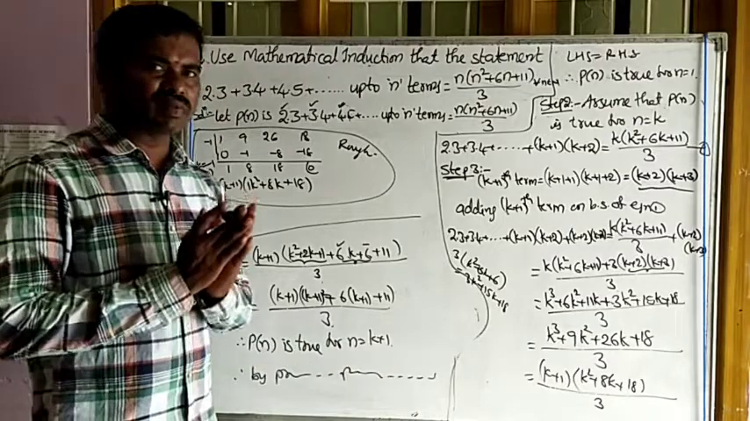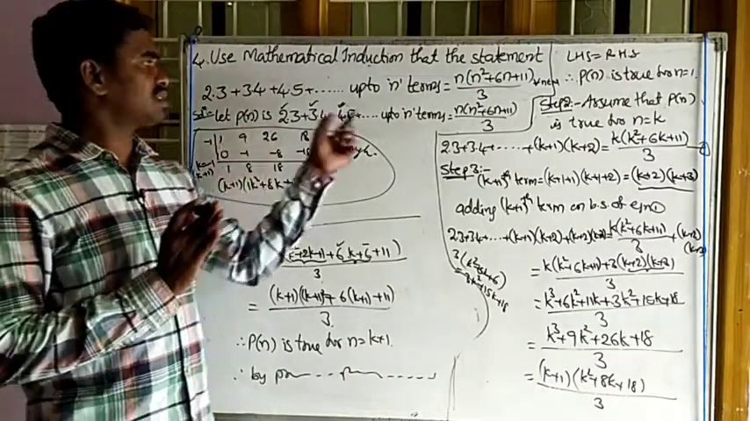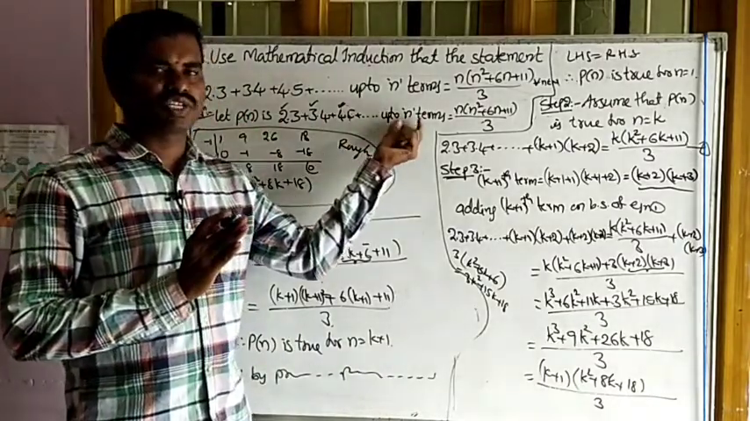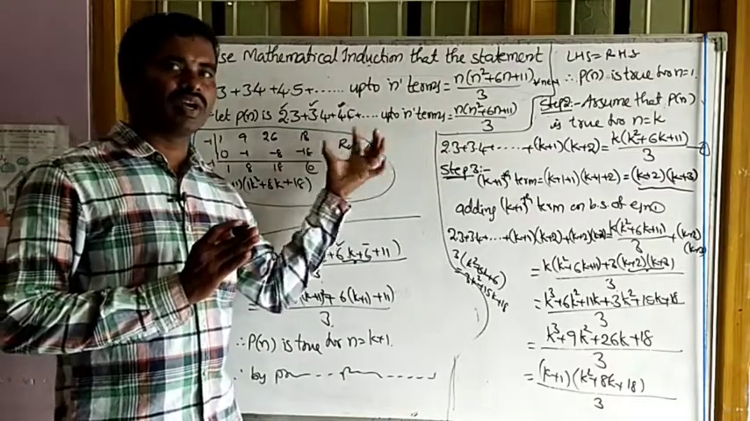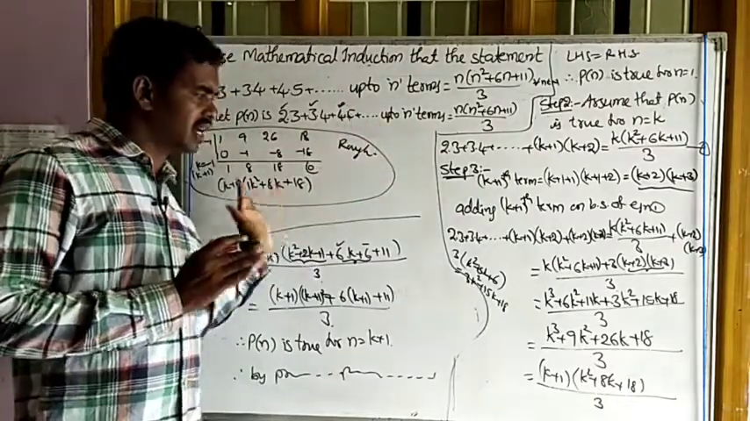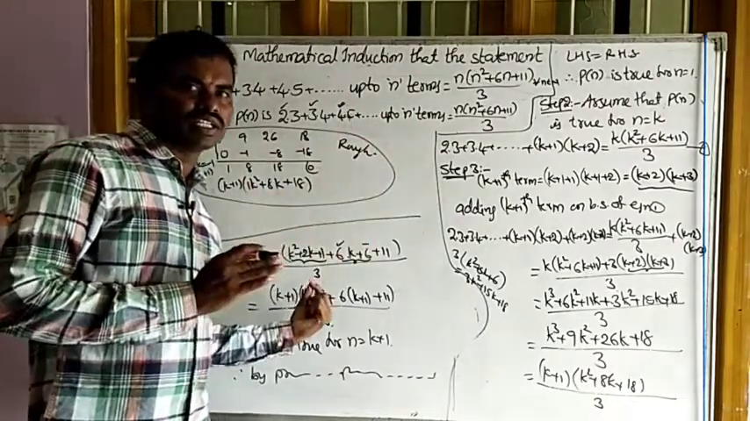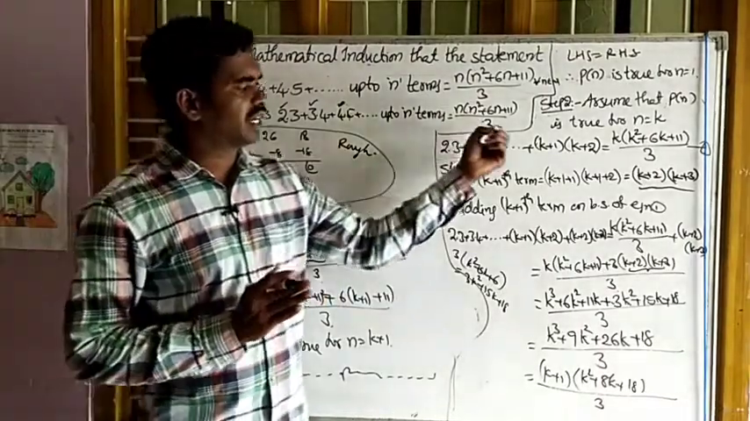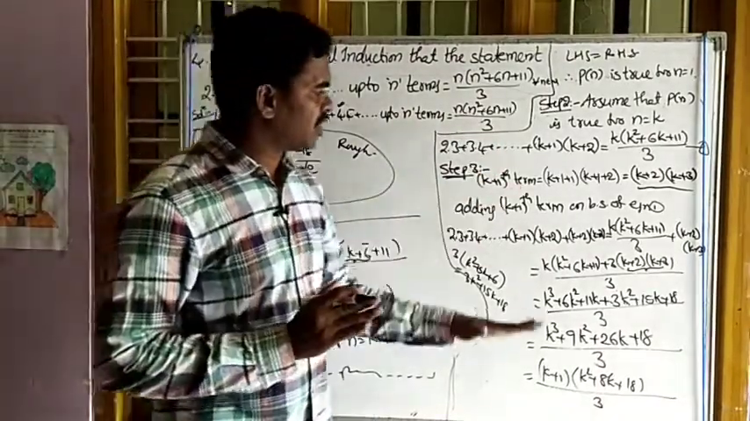See, in this problem the nth term is not given, so first we found the nth term. After finding the nth term, write the statement. Step 1, step 2, step 3. In this step 3, you may get